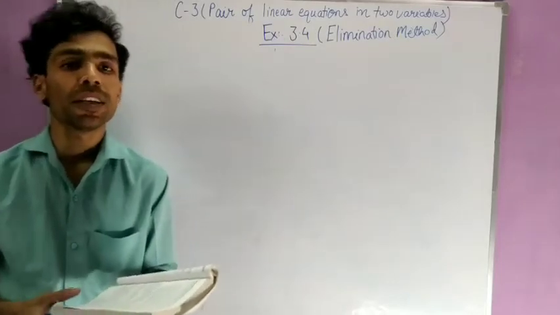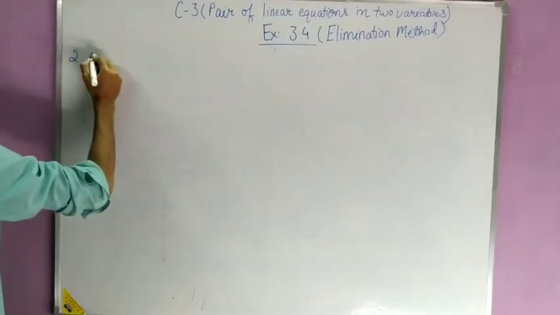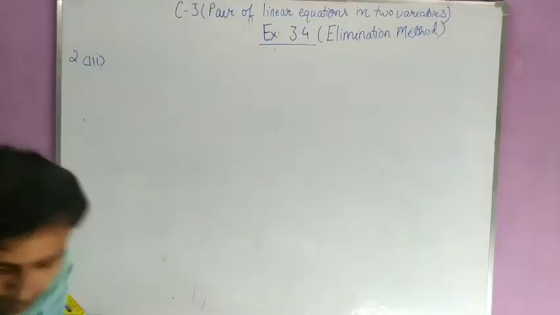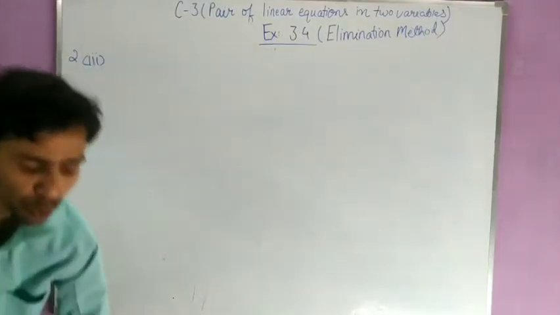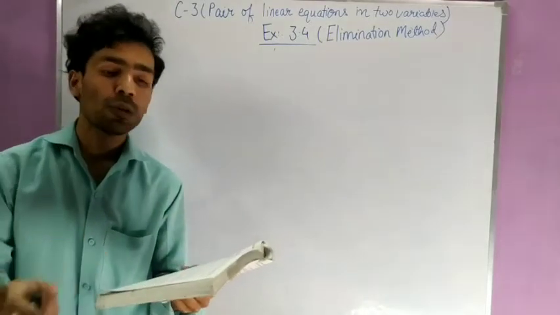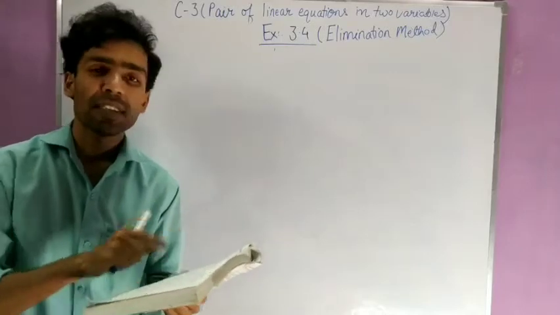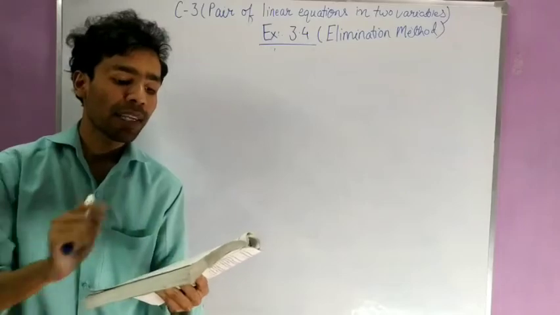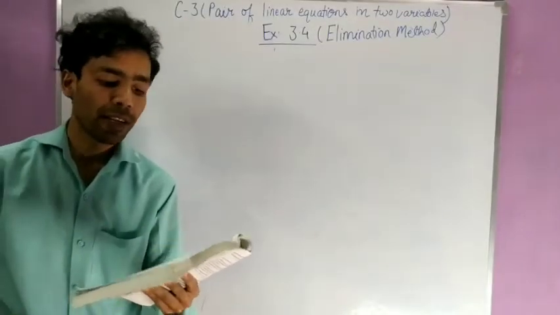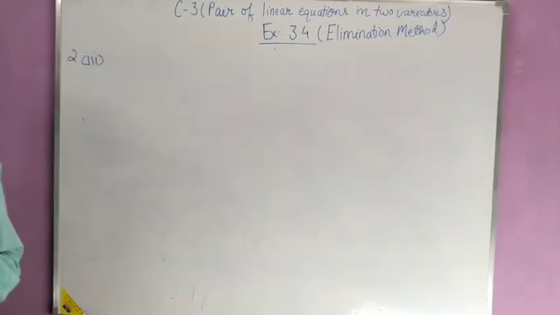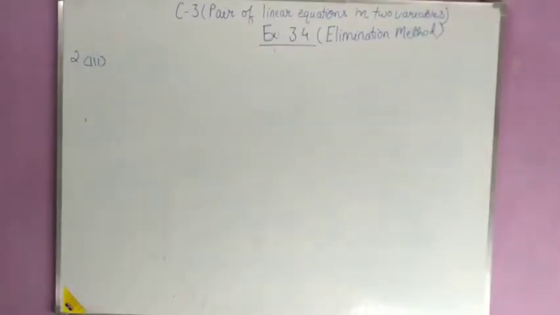I will solve the third part of question number 2, because it is a little bit different. In question number 2, I can hint you that you can assume Nuri's present age is x and Sonu's present age is y. And 5 years ago, Nuri's age was x minus 5 and Sonu's age was y minus 5, and according to the question, make the equations and solve them. Okay, so I am going to solve the third part of question number 2.